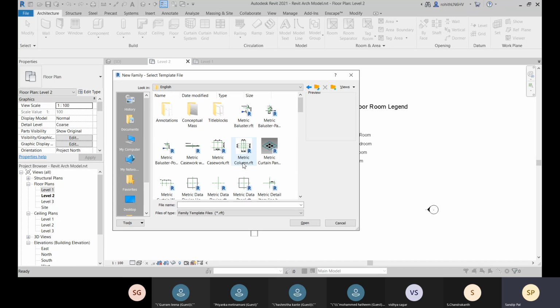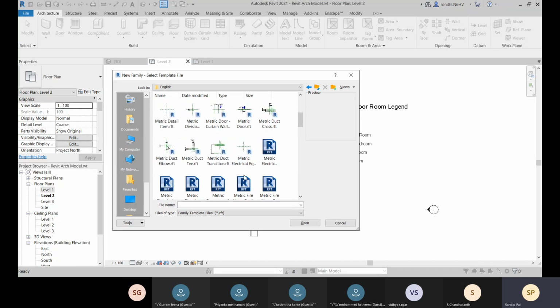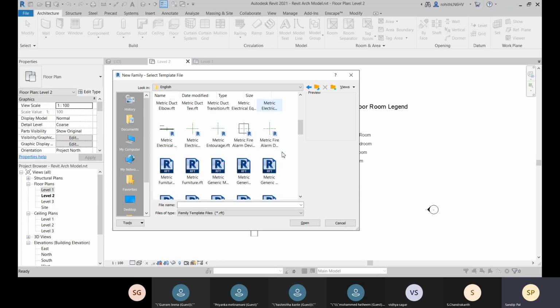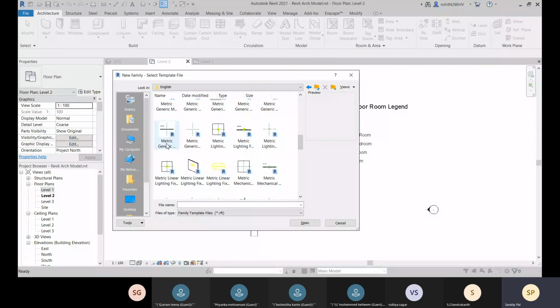Like here you can see metric column, casework, baluster, curtain panel, and for almost everything you have. Suppose you don't have the right template file, so there is one option, this metric generic model, wall based, not wall based.